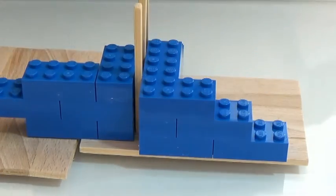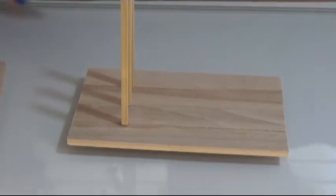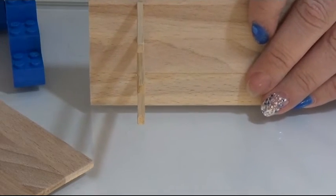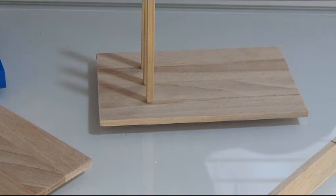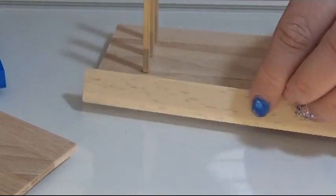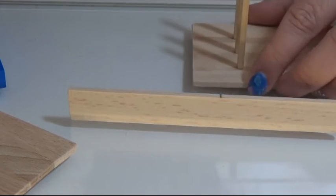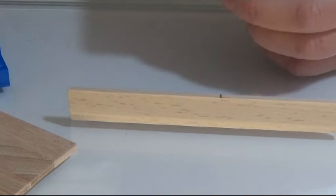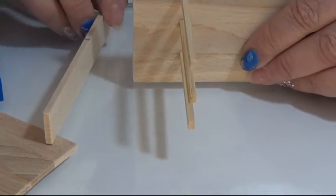Making sure they glue really good to this piece of wood, and when the glue has dried I will be back. My glue has dried, so I am going to tip it over somehow without breaking this. No, I'm going to wait a second. I took all my side pins here and I made a tiny mark where I want it to sit on my furniture. So I am going to glue that on to my furniture. So I put a bit of glue here on the corner. Now I'm going to tip it over,